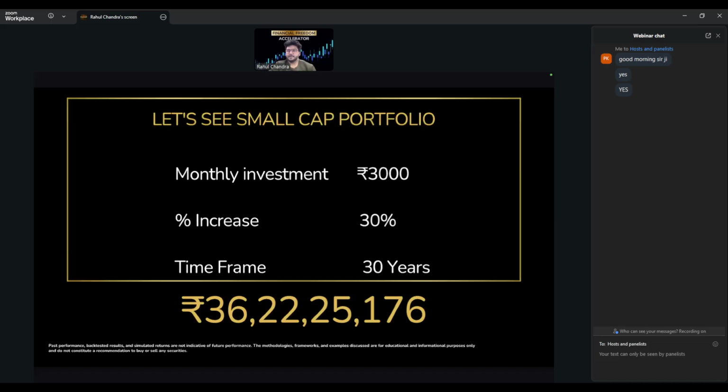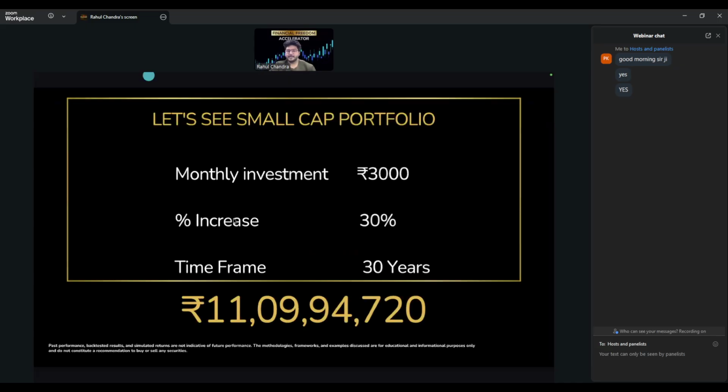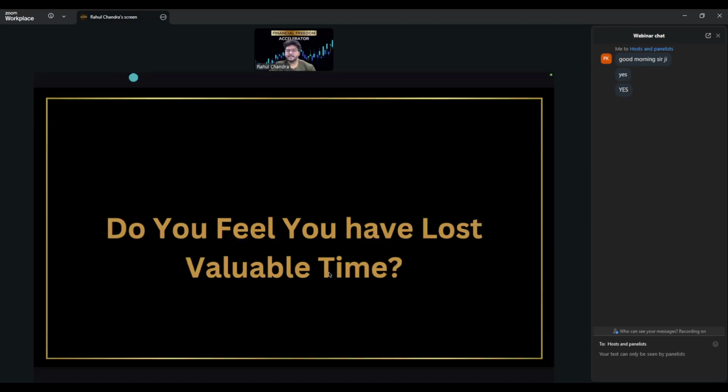Now you'll be thinking, Rahul sir, you are the person who taught me inflation. You're not factoring in inflation. Of course, I'll factor in inflation, right? Even after factoring in inflation, it comes to 11.09 crores. Now, once you see this, do you really feel that you have